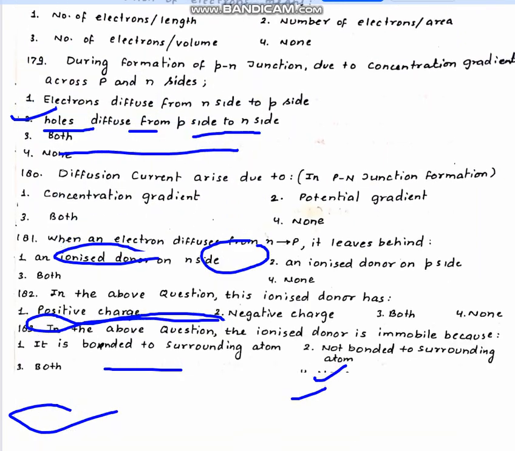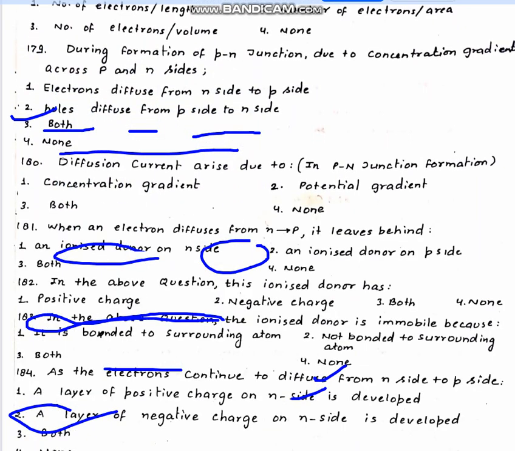Next is diffusion current arises due to, so this is due to the concentration gradient. First is correct. Next is when an electron diffuses from n to p, it leaves behind. So obviously when it will diffuse, so it will be an ionized donor on the n side obviously. First is correct. Next is this ionized